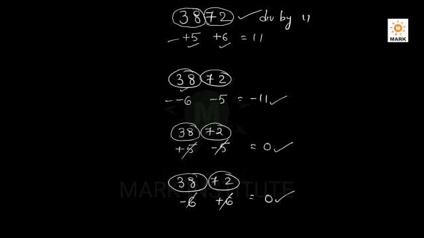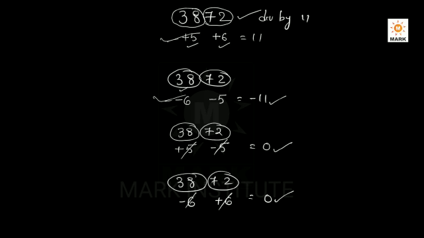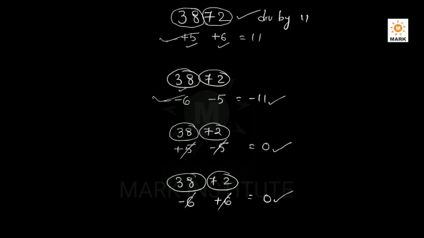So I have told you 4 techniques. This is called pairing technique. You can take all as excess. You can take all as deficiencies. If you take all as excess and all as deficiencies, the sum should be 11 or multiples of 11. When you take both, if you want to take both deficiencies and also excess remainders, then obviously your target should be 0. So in any way, the sum of the deficiencies or sum of the excess should be 11 or multiples of 11. If you take both into consideration, your target should be 0.